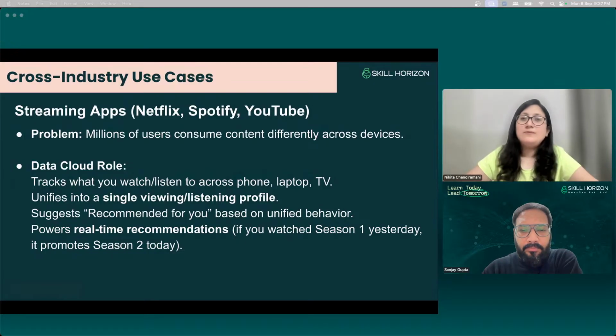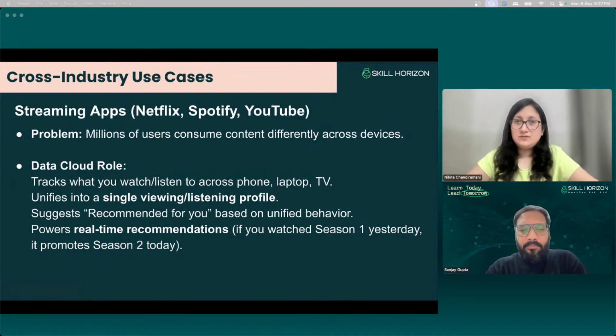So they are going to throw up those kinds of music and songs to you, and then they will actually see what kind of a person you are. Every time a new song is uploaded, they will suggest that this is the new song which you might like, because they have created a sort of judgment for you that you are that kind of a person. So this again takes help of data cloud.